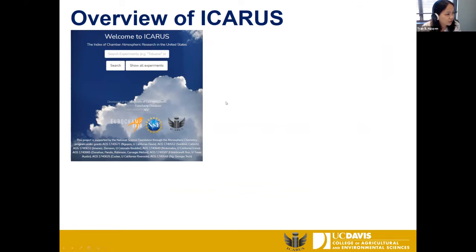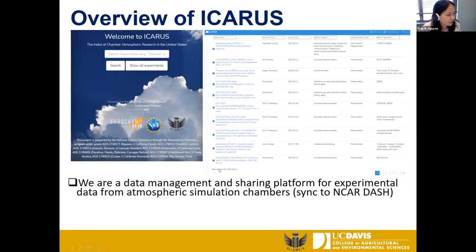It lists, right now, about 376 entries: the experiment name, PI, dates, reaction categories, reactants, and there are actually many more columns if you scroll. You can filter based on some of the terms you're interested in. Many of these items are controlled vocabulary. Especially with the reactants, we use a PubChem database to manage it so that we don't have confusion.